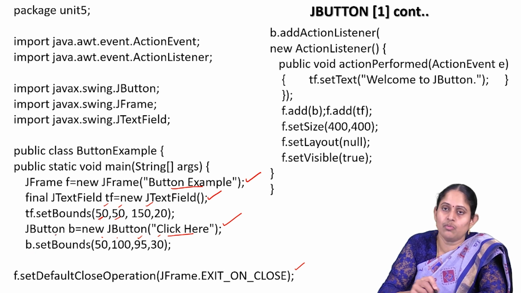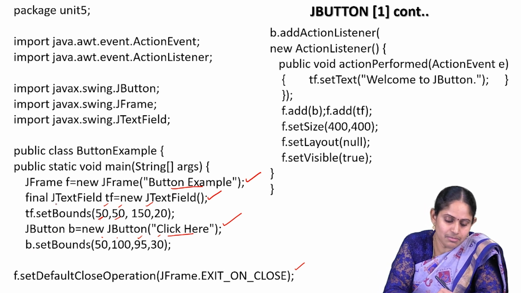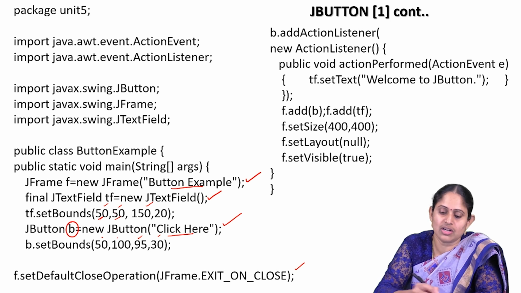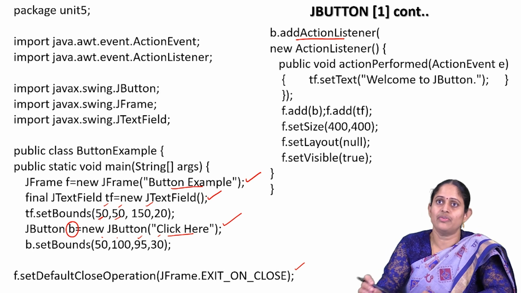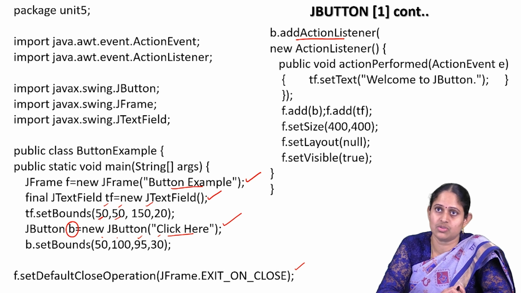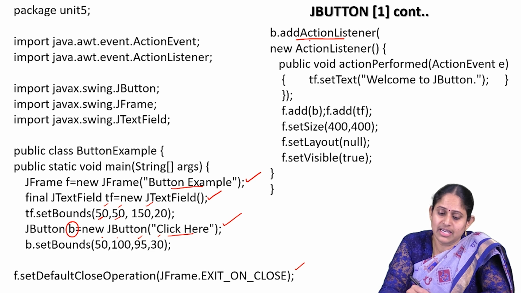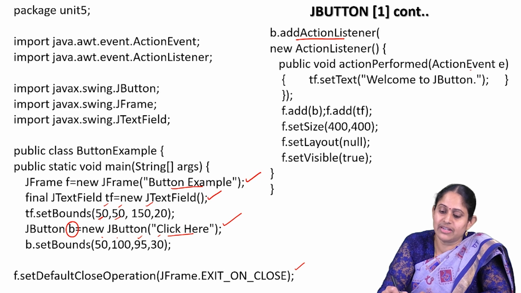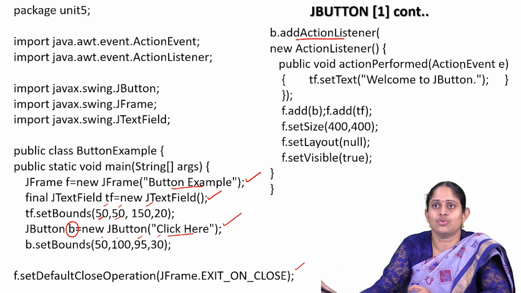So what our logic is that when we press the button, some action has to occur. On this button, B, our button object is B. So on that button, we have to add some action listener. The button is our source of event, so we should have a listener registered to the source B, to the source button. For that we make use of this part. So we are defining an action listener which is listening to an event. Whenever that event happens, that means whenever we press that button, the text message has to be displayed on